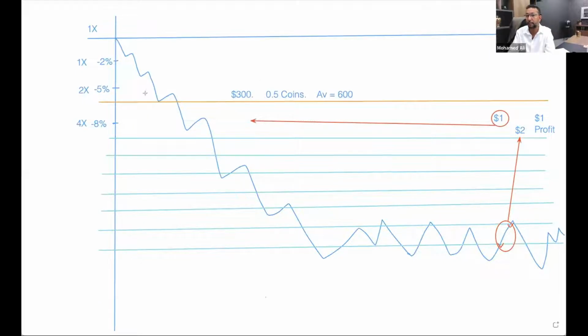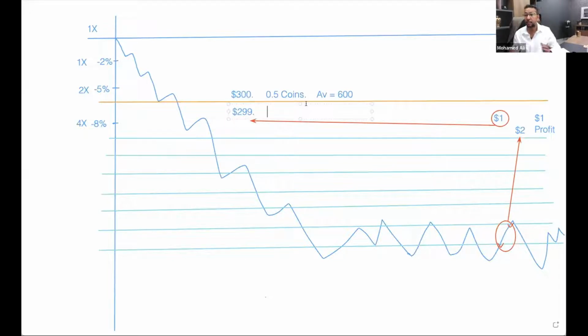Now, again, let's get back to this average price. In this average price, we have the amount of USDT that we spent, the amount of coins that we are owning at the moment, and the average price. Average price is the amount of USDT that we spent divided by the number of coins, and this is our break-even point. So what happens here? Once we earn 1 USDT in the down market, it is going to be subtracted from the 300. So 300 minus 1 is going to be 299.